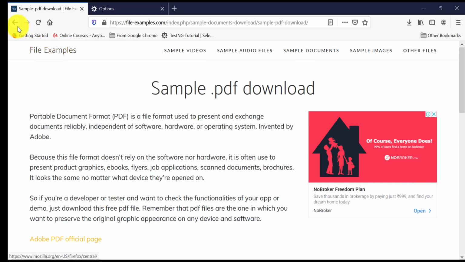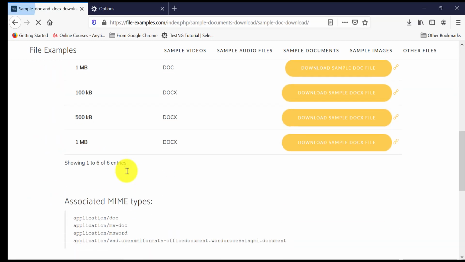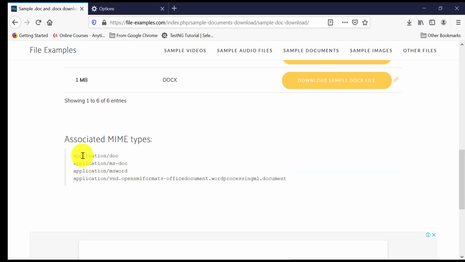I will show you how to use it. Let's check the MIME types for doc and docx. If you scroll down, you can see application doc, MS doc, and this open format. All these are MIME types. Only in the case of Firefox do we need to consider this; no worries about Chrome.